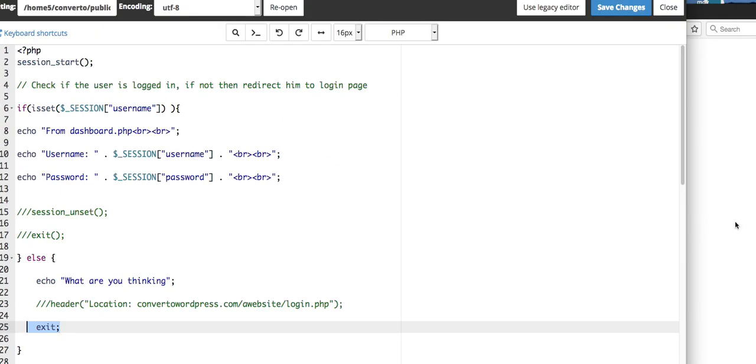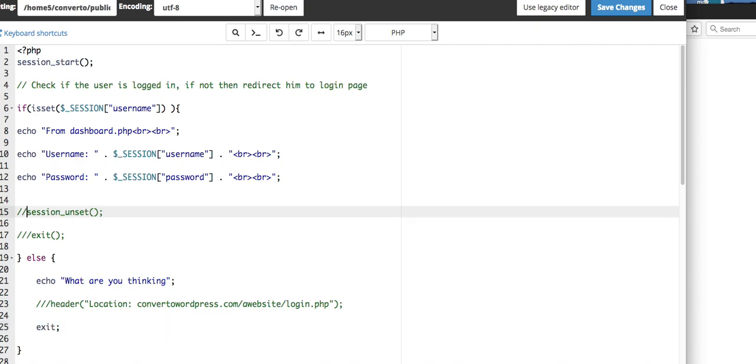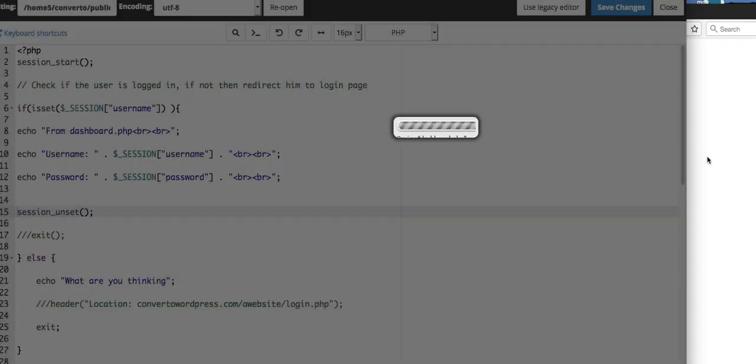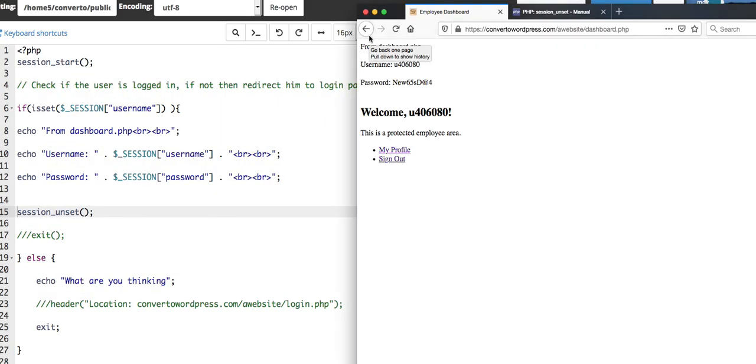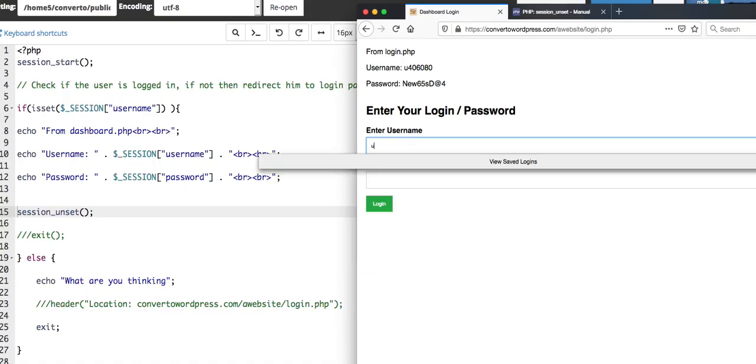If there was a problem, let's say it gave me, it's a weird thing about these browsers. If I would have gone like this, get rid of the session, unset. Let's go back again. Let's close it out. Let's go back again. You just saw the sign out, which I should have shown you too. So if you went to U40, 60, 80,